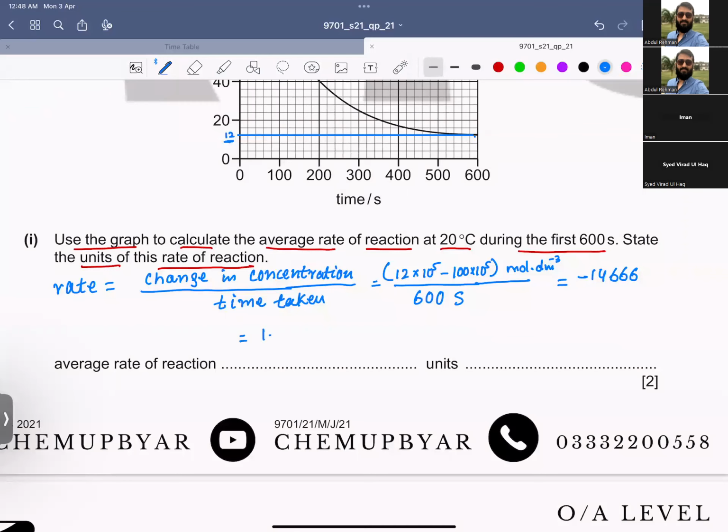तो अगर मैं इसे सिग्निफिकेंट फिगर्स में कन्वर्ट करूंगा तो ये क्या हो जाएगा, 1.47 एक्सपोनेंट -4, राइट।